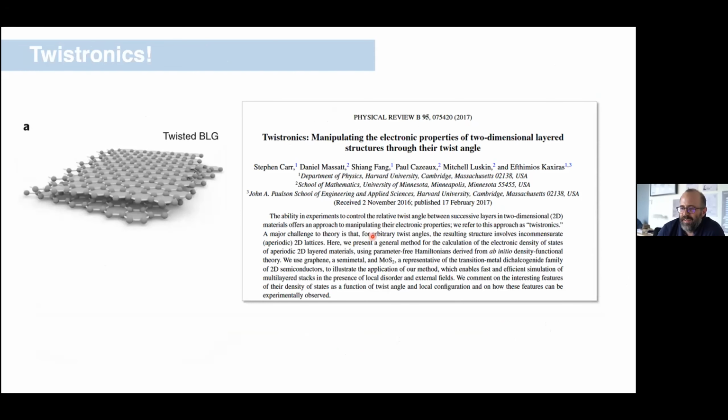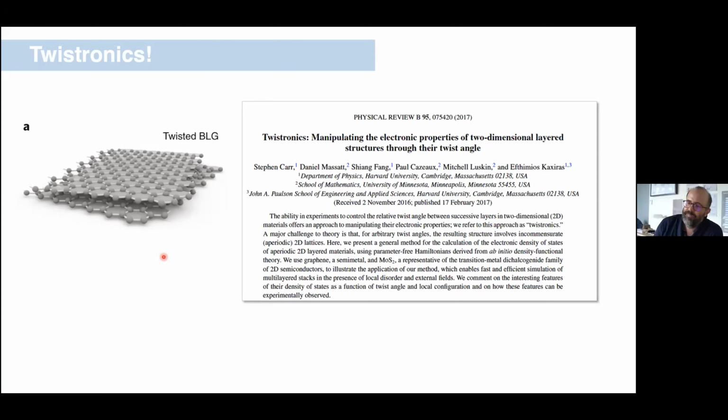The benefit of this was perceived by many in the past years, but there's this nice paper by Kaxiras from Harvard, who coined this new term called twistronics. The idea here is that because these materials have small interfacial forces, you can imagine that you can arbitrarily twist them one relative to the other, and in doing so, have a knob that you can tune to set the property to be what you want just by varying the twist. Okay, as I said, this is a profound opportunity.